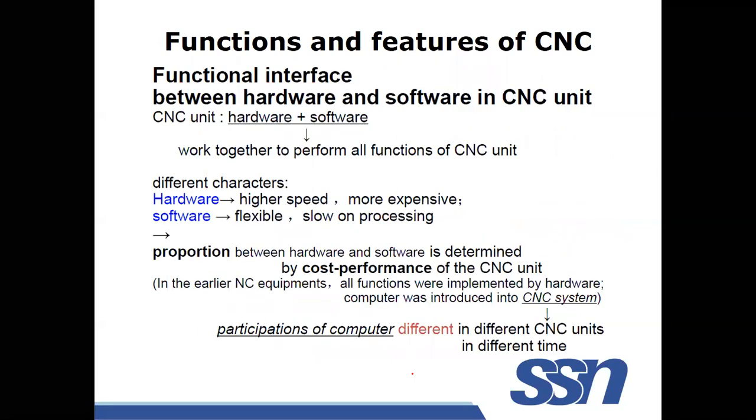Again, the same thing we already discussed in the beginning of this unit: it has a hardware component and a software component. Depending on the precision, repeatability, and accuracy, the cost of the hardware component will be very high, as will the number of axes. Software cost is reasonably low compared to the hardware. So by combining hardware and software, we can build the CNC system.